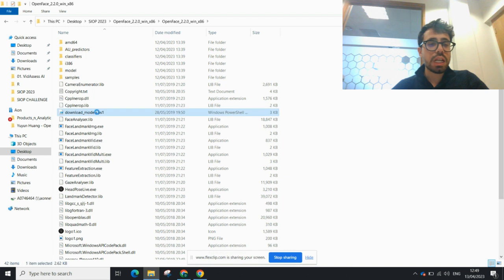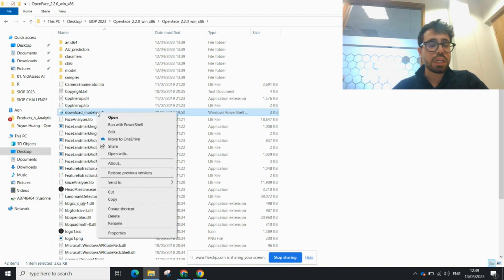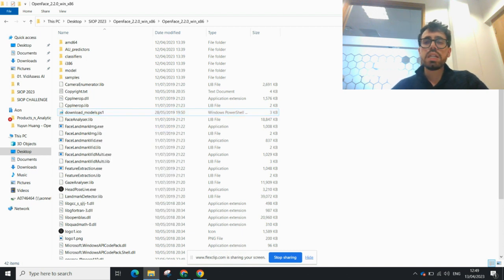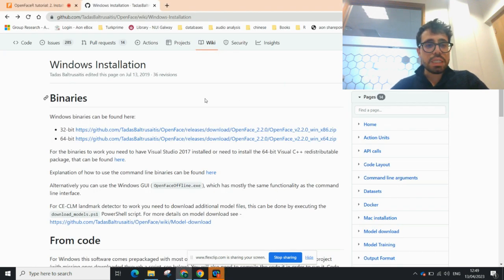So right-click on this file and run it with PowerShell. Now, in most cases, this works fine. However, some people might have some error with PowerShell, mostly related to some permission you might have with your laptop of downloading things. In case you run into any problem, please go back to the installation page